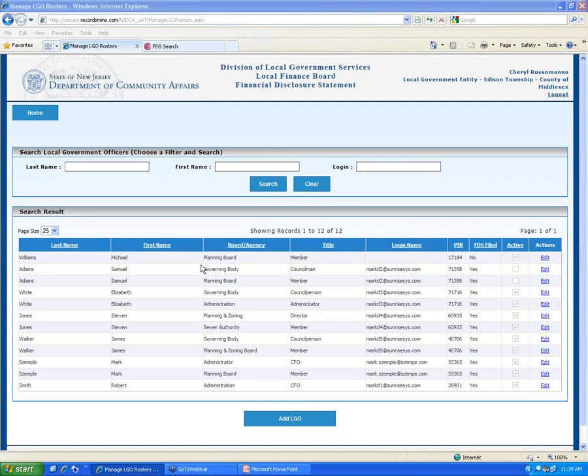So if they're associated with your organization just in, let's say, the year 2014, the FDS that they submit is going to relate to information for 2013. It's like your income tax, okay? If next year in 2015 you're no longer part of your organization, they don't have to file anything, right? They're not part of your organization in 2015, so they don't have to file at that point in time.